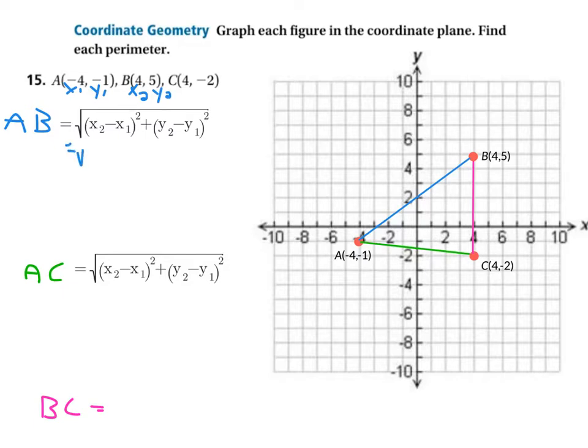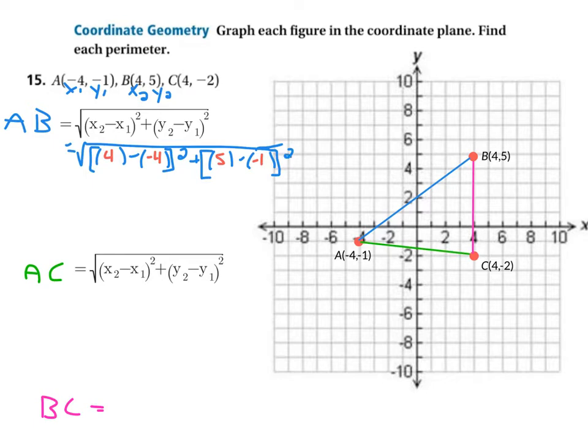We've got x2, which is 4, minus x1, which is negative 4, and all of that squared, plus y2, which is 5, minus y1, which is negative 1,